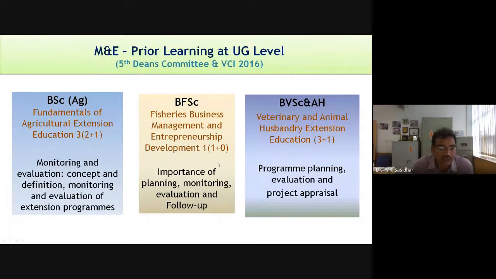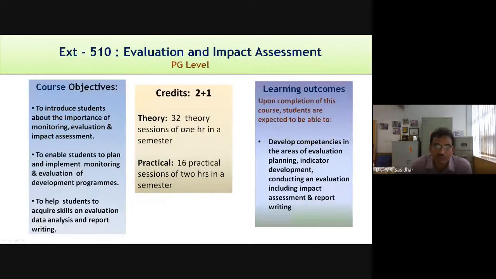So as a continuation of this knowledge, in BSMA we proposed this course, Extension 510, Evaluation and Impact Assessment, with 3 credits, 32 theory sessions and 16 practical sessions. These are the course objectives and these are the learning outcomes. At the end of this course, if you properly undergo this, then you will develop your competencies in the areas of evaluation planning, indicator development, conducting an evaluation, including impact assessment, and finally, the report writing. Those who have access to the BSMA syllabus of agricultural extension, you can see this course and full course contents also